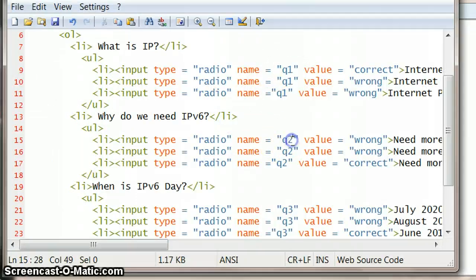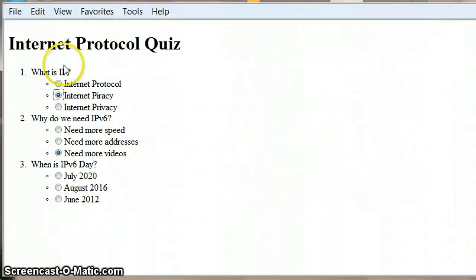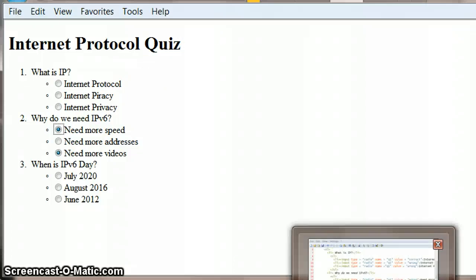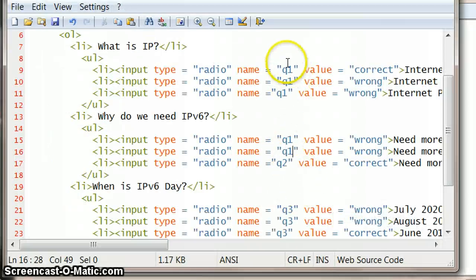So for example, if these were named as Q1 and Q1 also, what happens is these 5 buttons at the top will get treated as one group, and only one selection can be made from those. So let's just refresh this and make sure that that is the case. So out of these 5, the top 5, I can only select one, and these 2 are a separate group, so actually I can select those,